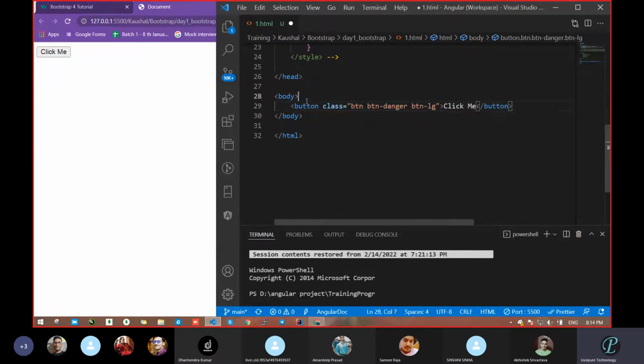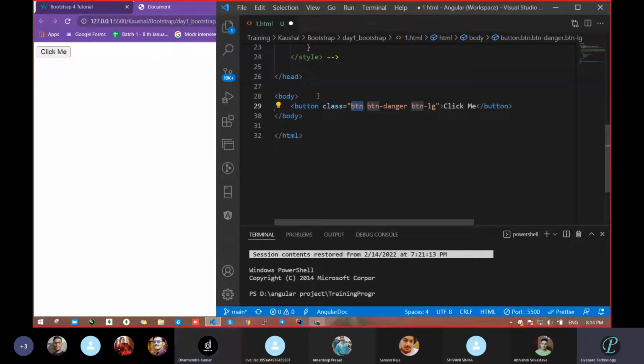What do you know? Button. What is this one? Button, HTML tag. What about the class? This is again part of HTML. Yes, sir. ID. What about this between? Just one Bootstrap name. No, don't think that it's the Bootstrap part. This is just a name.